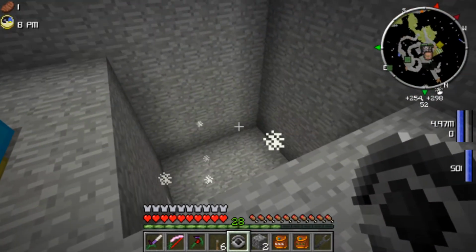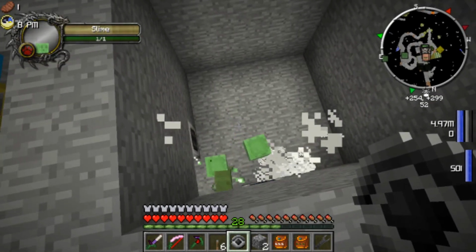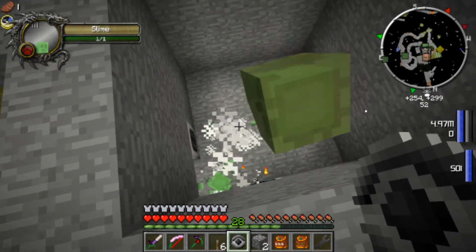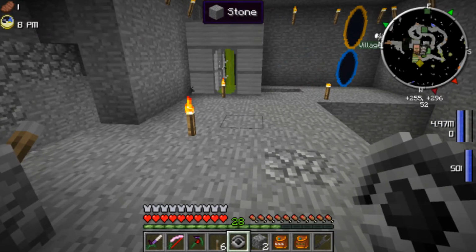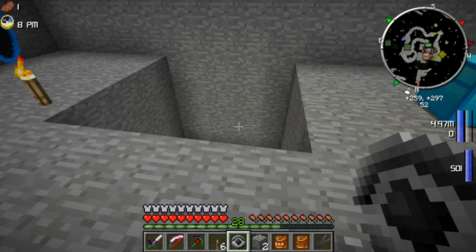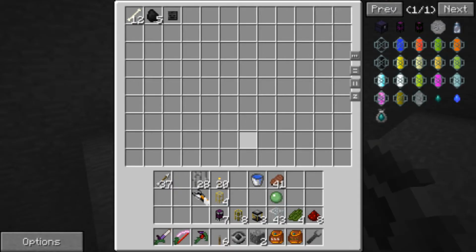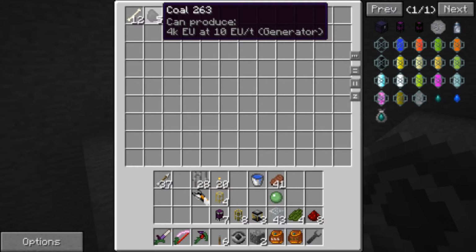We're going to see what we can do about fixing that so it actually fills up correctly. I'm going to go down in here, redirect a couple pipes, change a couple things up so that we'll actually get the mob essence being stored as it's supposed to. And when we come back next episode, hopefully we will have some in here and we'll be able to see everything functioning in the way that we want it to. And once we get that done, hopefully we'll be able to turn this on, we'll be able to generate a whole bunch of coal, and by generating that coal, we'll start a steam boiler going and upgrade our power to